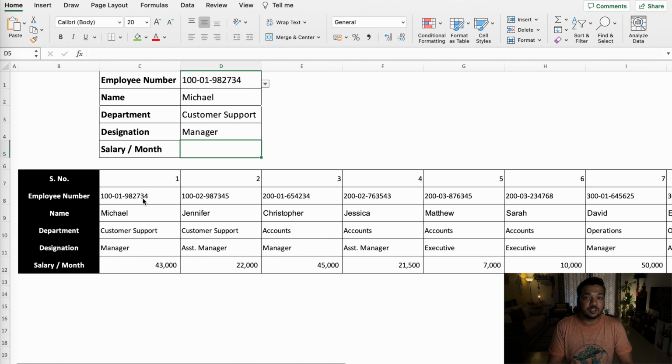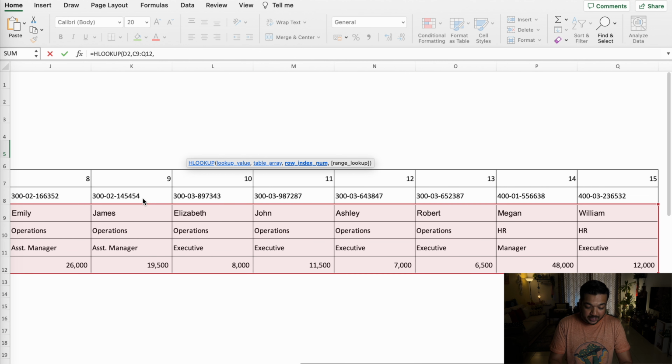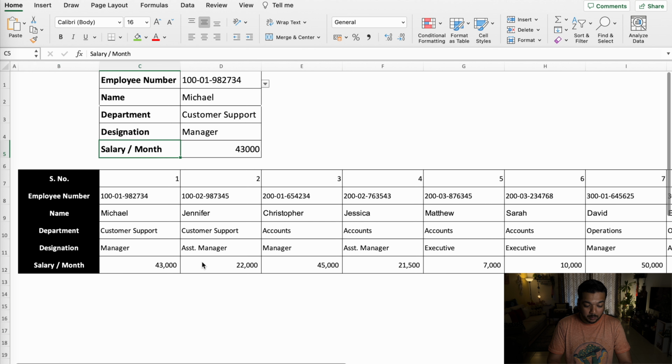Now for salary, just for the sake of example, let's choose the name as the primary lookup value. Go ahead and type HLOOKUP. Go ahead and select the name. Select the table array starting from Michael. Select the entire table, and this time salary is the 4th row. You can see that the first row is the name, second row is the department, third row is the designation, and fourth row is the salary. Type 4, comma 0 and close the bracket, and you can see that Michael's salary is now 43,000 just as